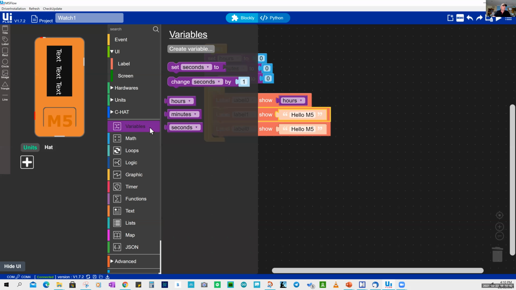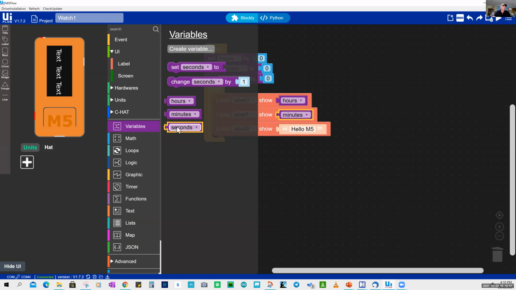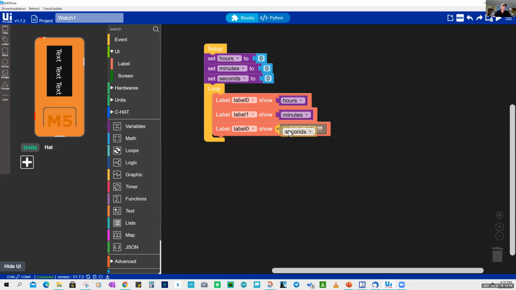Go into the variables, select minutes, and click the minutes inside the command for label 1. And finally, we just repeat that. We get hold of seconds and click it in this part of the command. And we want to make sure that's in the right place, so we'll put down label 2. Okay,